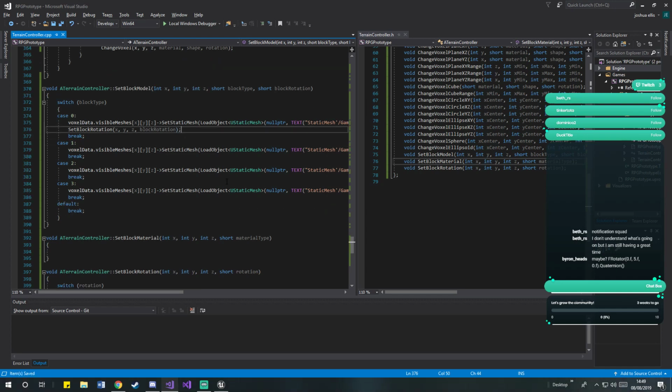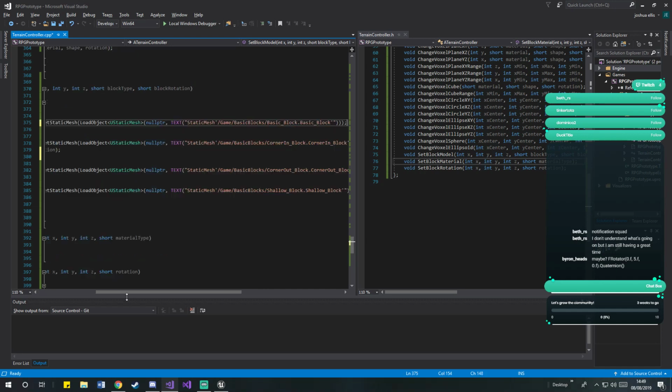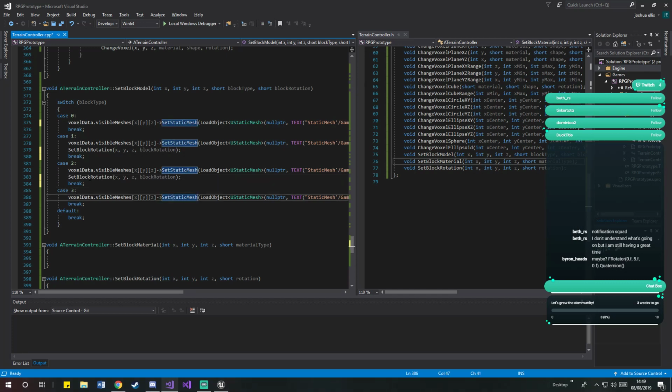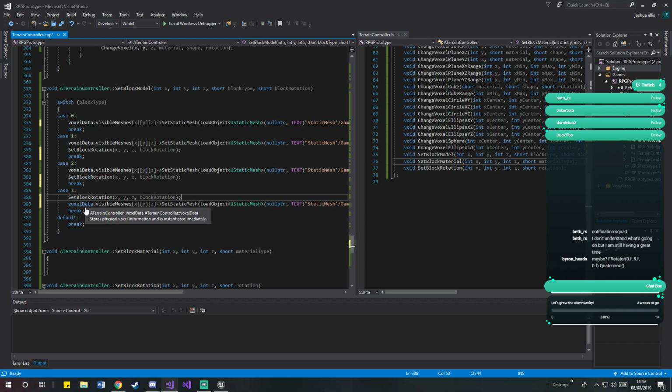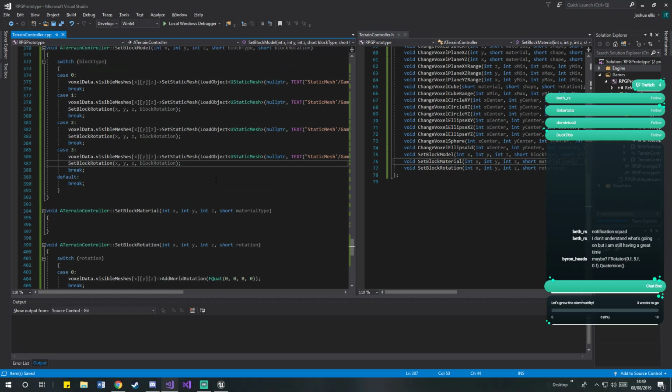Right, so now that should all be passed in. So if we obviously duplicate that for the different block types, we obviously don't want it to just work for the cube because that won't make any sense. And in fact, we don't need it for the cube because it won't have any ability to be rotated anyway. Right, so now that we've got all of those set up,